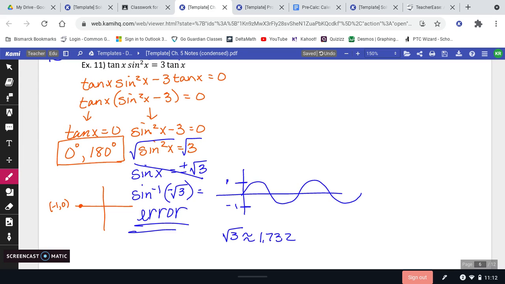So it is out of the range for sine. Sine has to be a value between 1 and -1. So therefore, that's why you're getting an error message. So there is no solution for that portion of the equation. So you are just having 0 and 180 degrees. So those are your solutions for